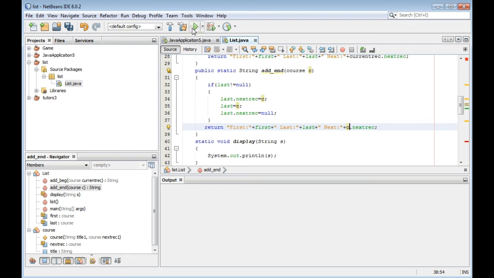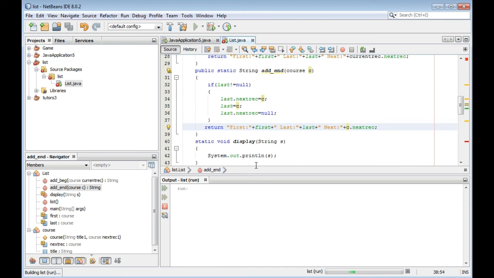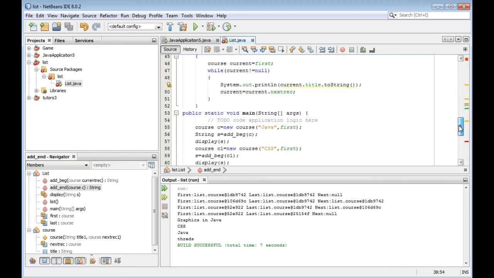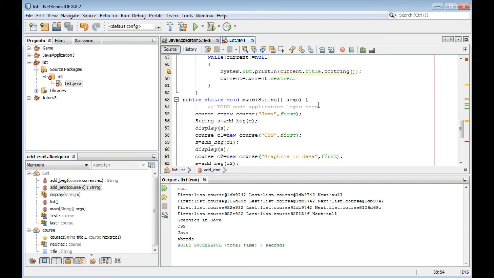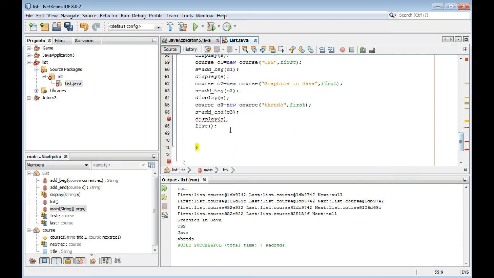Copy, and we should paste. This should return a string, so we should return a string. Now it says course. This is not current record, this is current record, this is also current record. We name it C. Now let's compile.